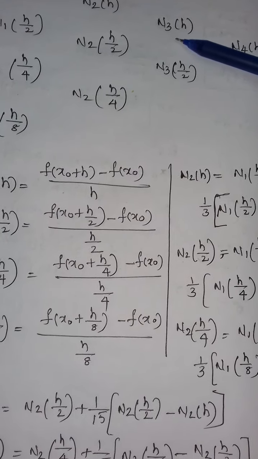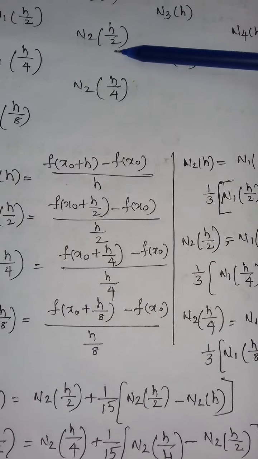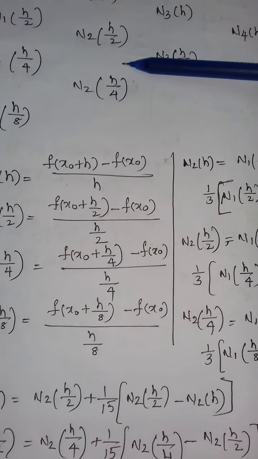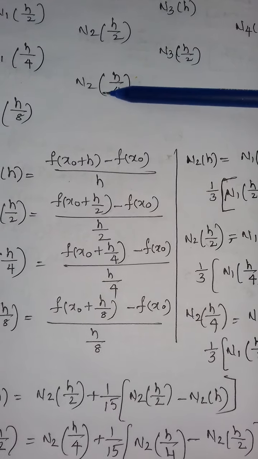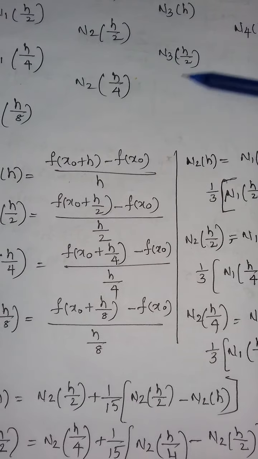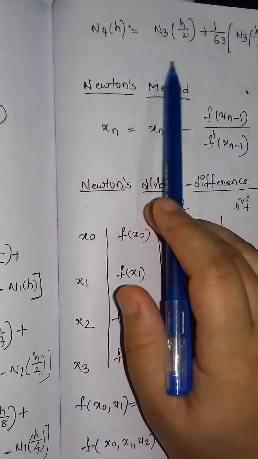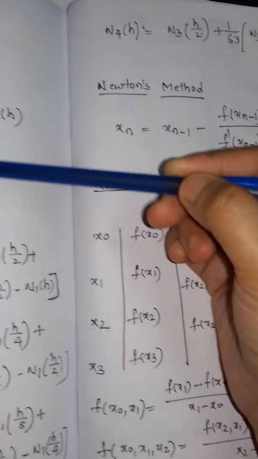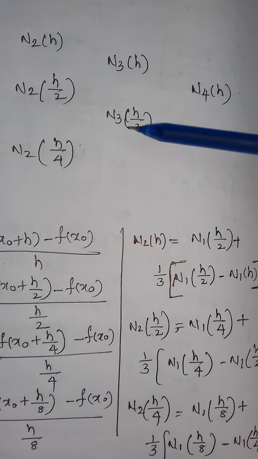Now for N3(h) we will use 15, that is at the place of 3 we will use 15. How we will write is, similarly you will take this value, N2(h by 2) plus 1 by 15 into N2(h by 2) minus N2(h). For this, similarly you will use this value plus 1 by 15, again this one minus this one. Here we are using 1 by 15. Here we will use 1 by 63, that I have written here. For N4(h) you will take this value plus 1 by 63 into again this value minus this value. As you can see here,